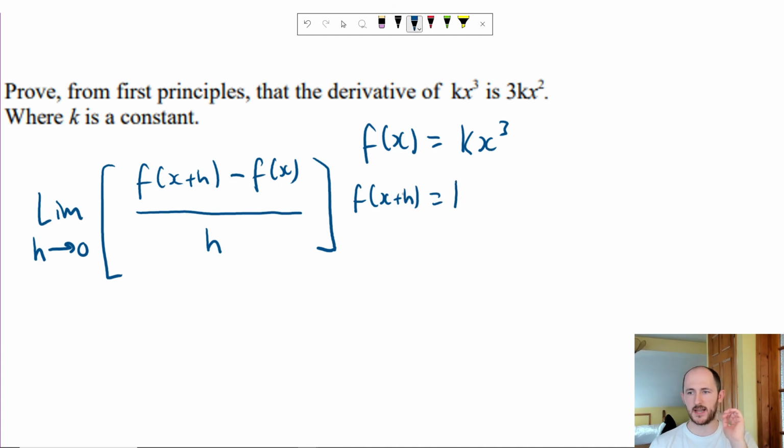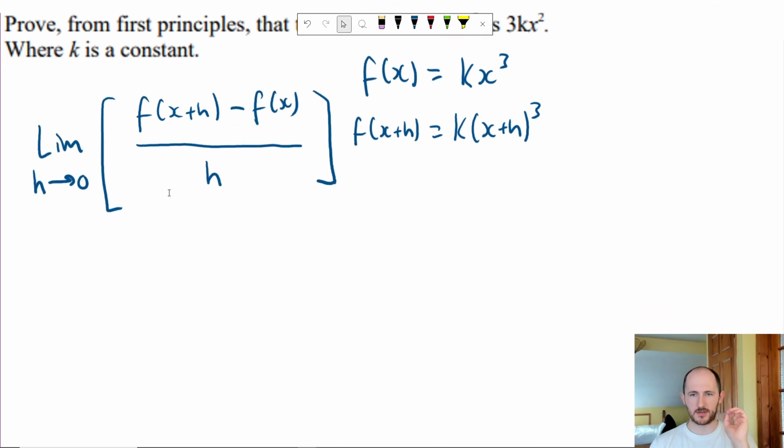So we get k(x plus h) all cubed. And then of course h is just h. Let's sub this in now. I'm going to stop writing the limit, although that isn't super accurate. I'm going to stop writing the limit just so we can do the simplification first. So we have k(x plus h) cubed